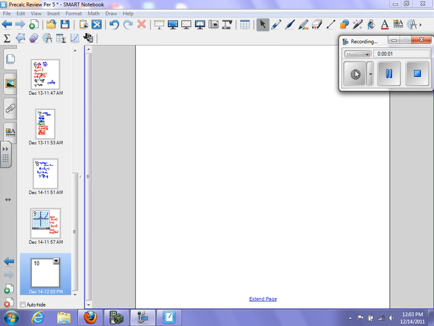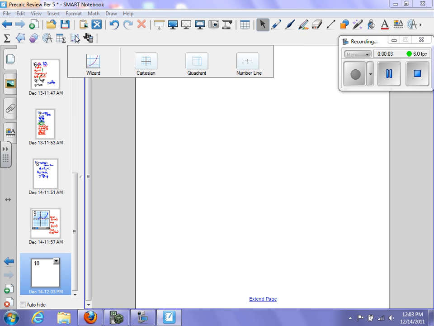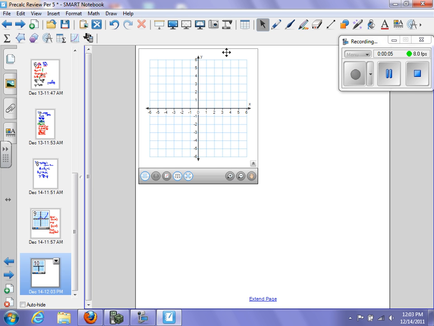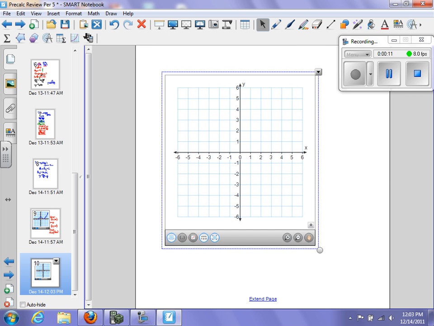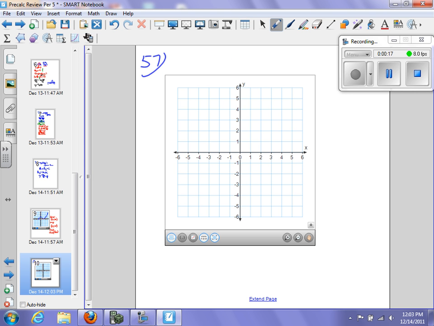So number 57, we'll get another graph up here. Let's make it bigger and move it down a little bit. So this is 57. And it says we want to graph the function. This is a piecewise function. F of x is